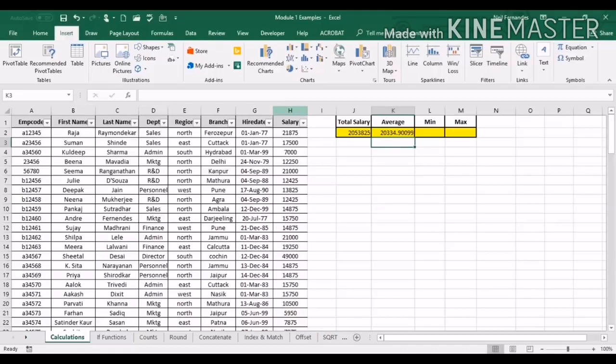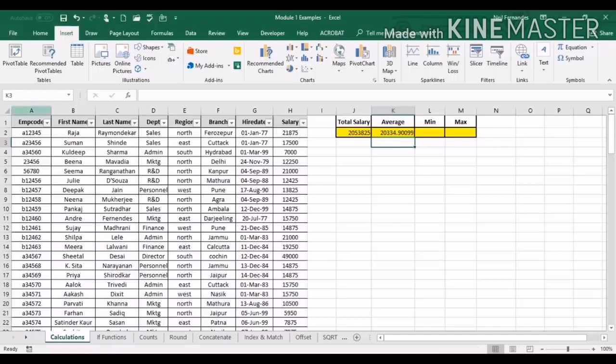So when I say TRUE as 1 and FALSE as 0, that means if there is any data available in a cell, it will calculate that as 1. However, if there is no data available in a cell, it will calculate that as 0. So it will not add up and it will not divide it. We have a very good example, which is the employee code data. If I just try to get an average of the salary information, I will get the same answer even if I use AVERAGEA.